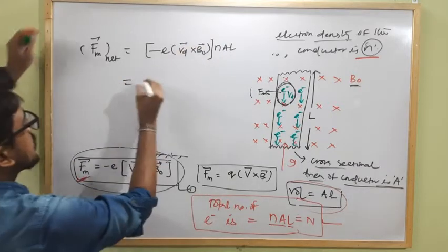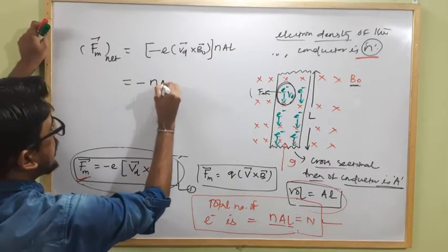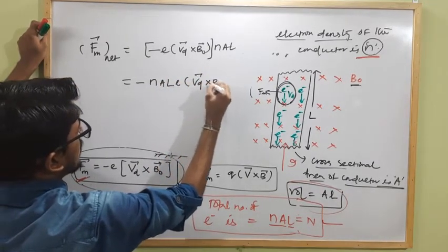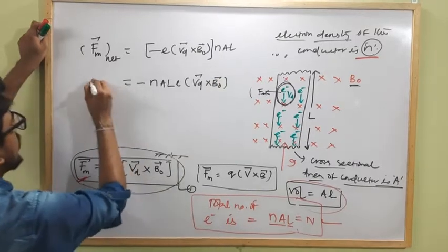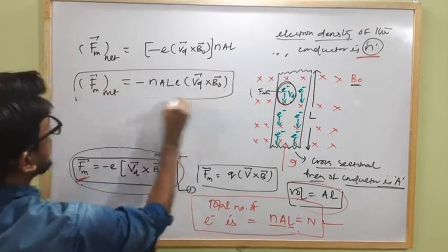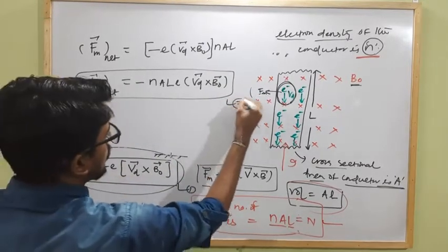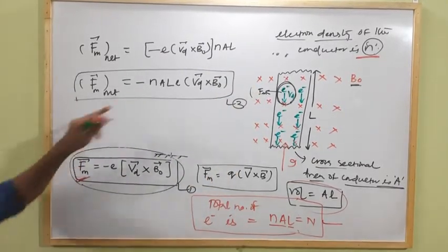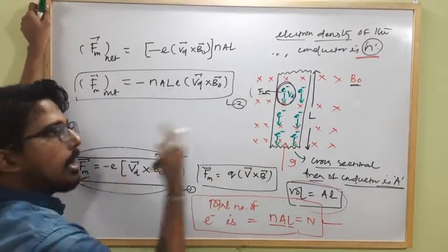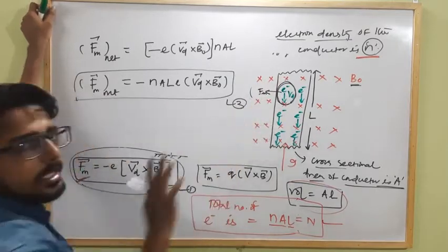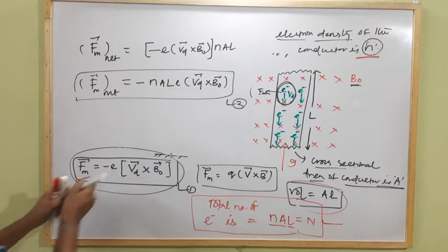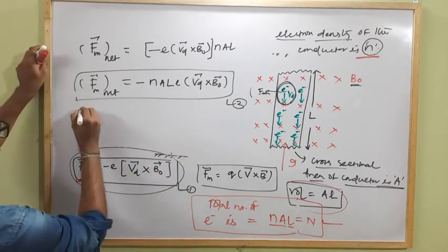So it will become how much? Minus nALe Vd cross B equal to Fm net. Clear? Let it be equation 2. Okay, so this is the net sideways force which is experienced by this current carrying conductor, and due to which it gets bent along this direction. Clear? So in this expression we can consider a vector quantity